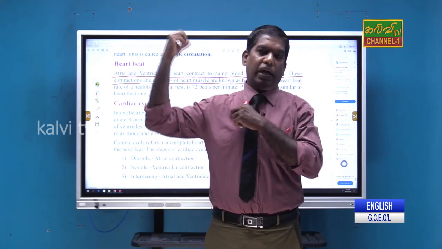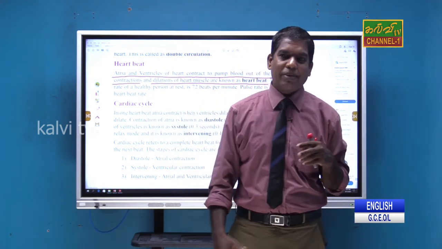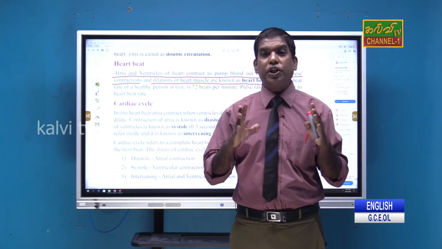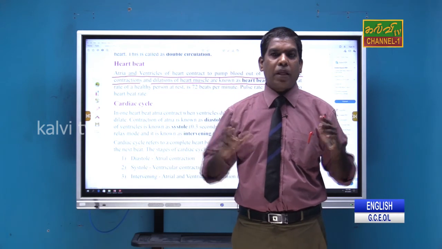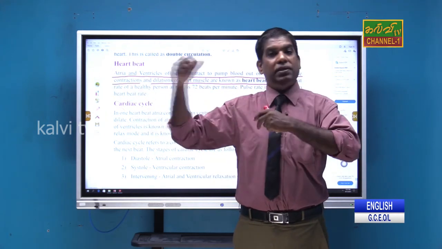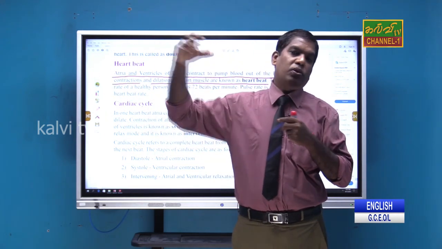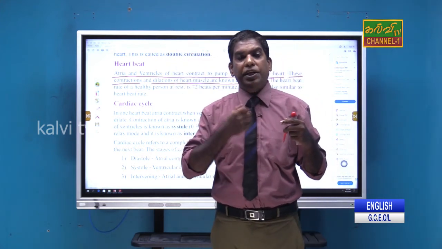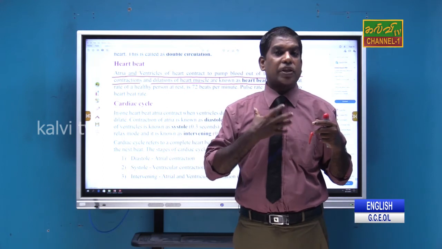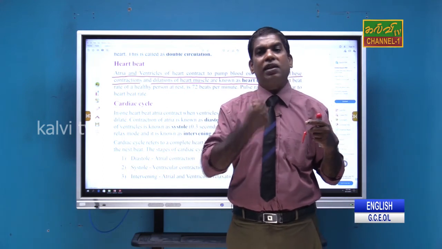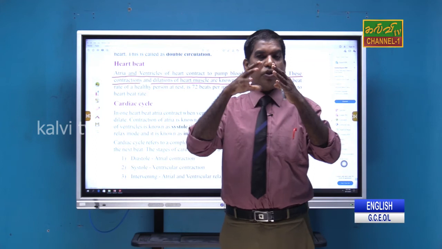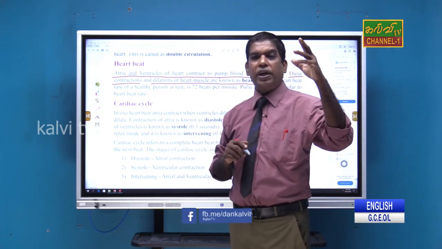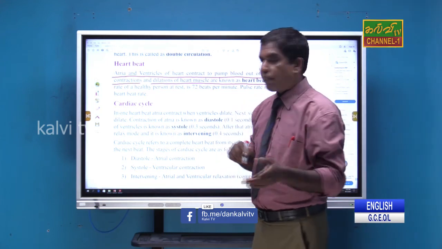Your arm muscles or thigh muscles are not stronger than the heart muscles because the heart doesn't get fatigued. It doesn't get tired. But these other muscles sometimes get tired. You can't hang always. But the heart, until death, keeps working. So this is the strongest muscle in our body. And the structure is also different. When we studied the structure of the muscles, we already studied that. Okay, now the screen.